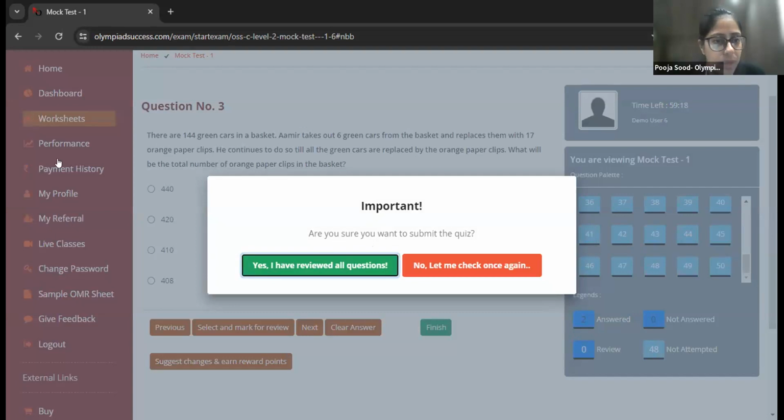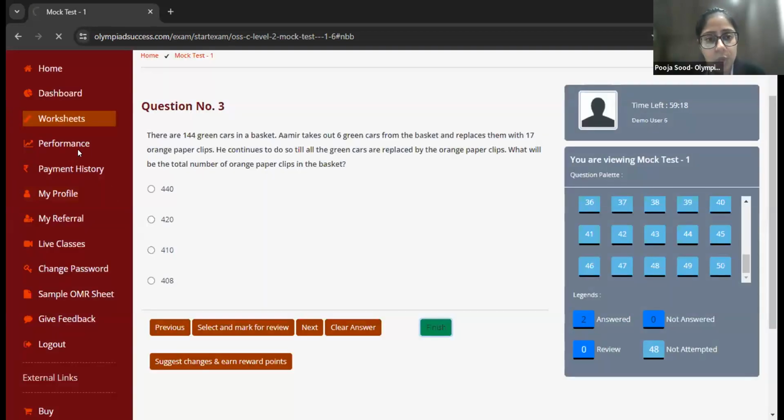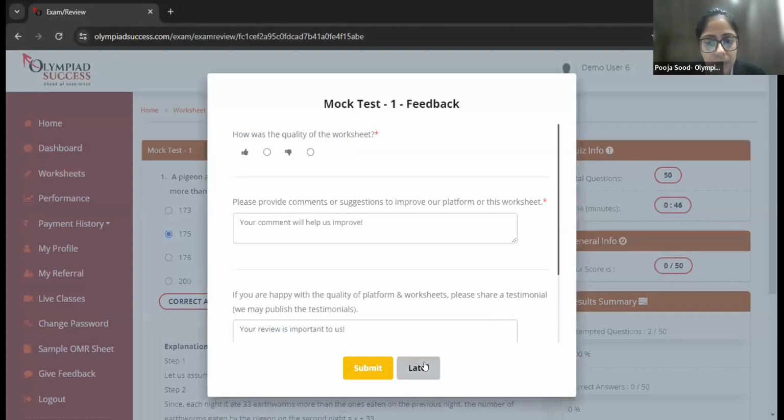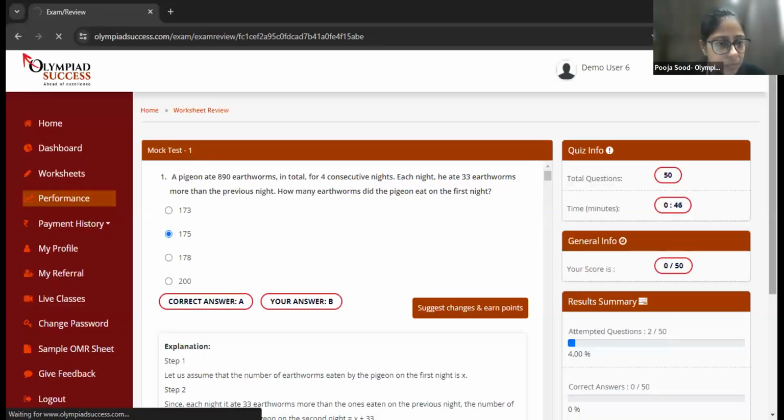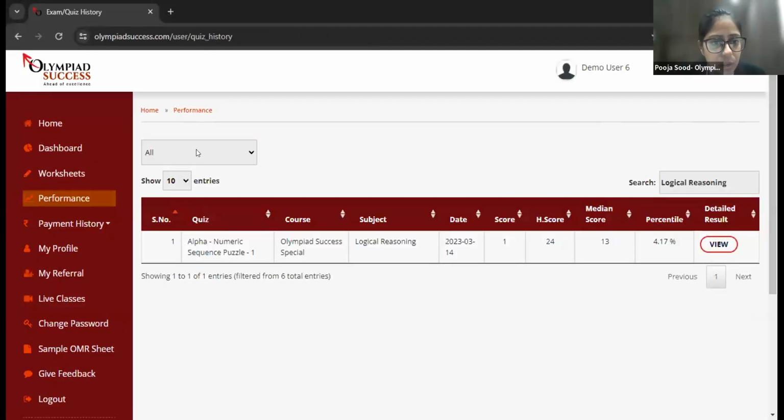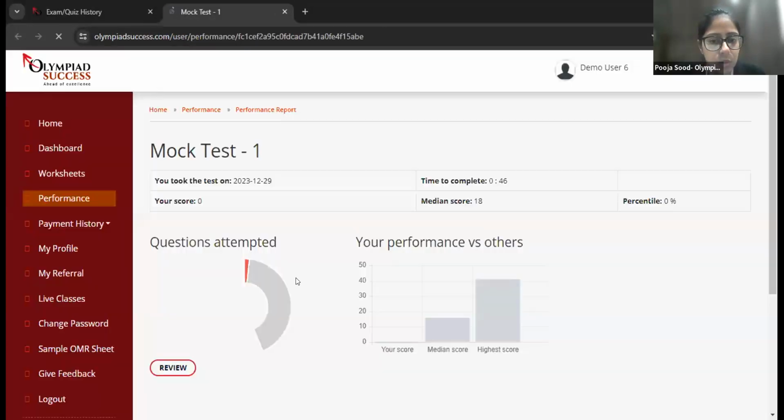So after this, you'll be going to click it. Yes, I have reviewed all the questions. Now I'm curious to check my performance, like how I have performed, right? So you'll be going to click on the performance icon. Here you'll click on subject mathematics, and then here we go. I have completed this test and I'm going to click on the view button, wherein I'm going to check my performance,